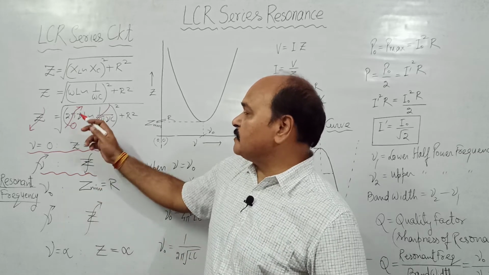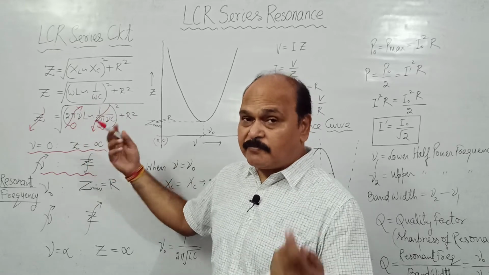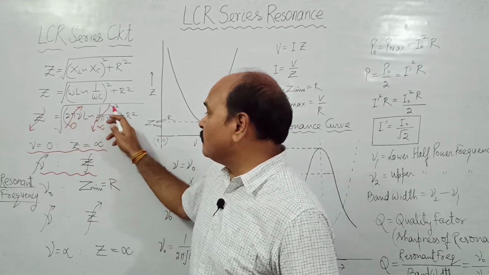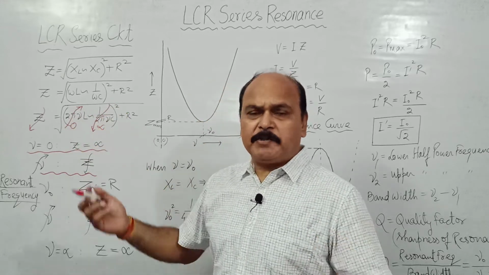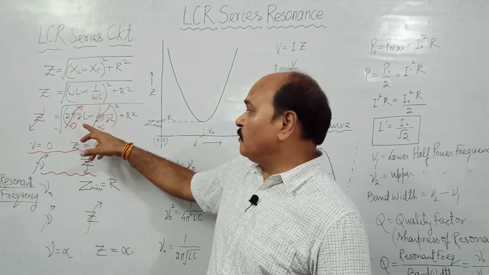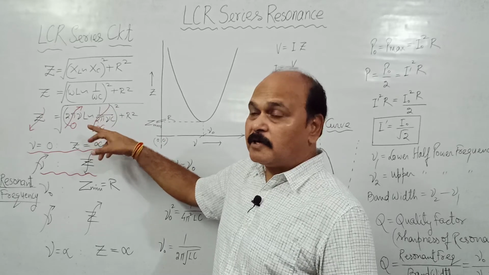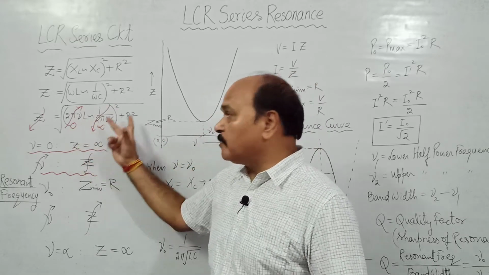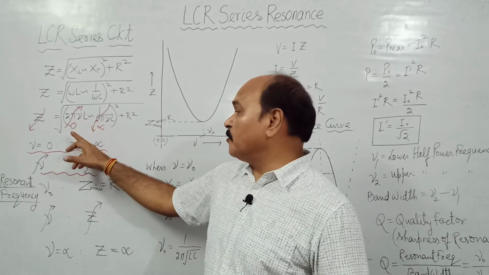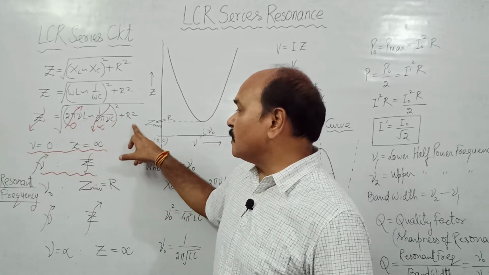Now, as we increase the frequency, this term is increasing, this term is decreasing. As we increase the frequency, what happens? At certain frequency, this term becomes equal to this term. And this has to be there. If the value of this term is increasing from 0 to infinity, and value of this term is decreasing from infinity to 0, then at certain value of frequency, they have to become equal to each other. This difference, of course, decreases, and the moment they are equal to each other, this difference becomes 0 and Z becomes equal to what? R.